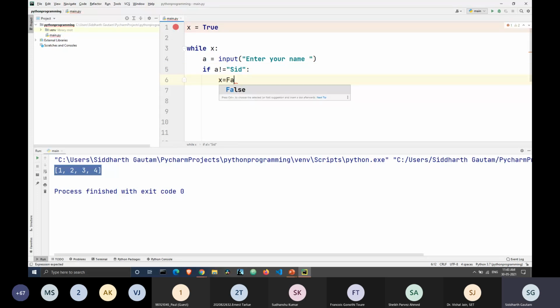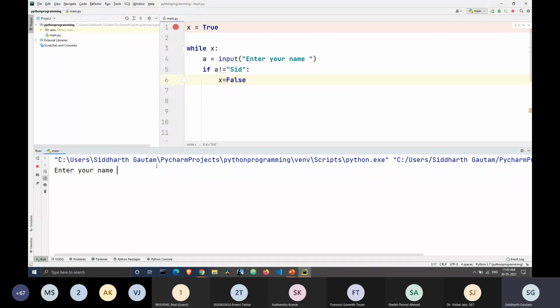Now let's try to run this. I have to enter my name, and let's say I enter a different name, Parvez. In that case, as you saw, we exited the while loop because the condition turned false. So in our examples up till now we were using numbers as conditions for while loops, but you can use any type of condition.